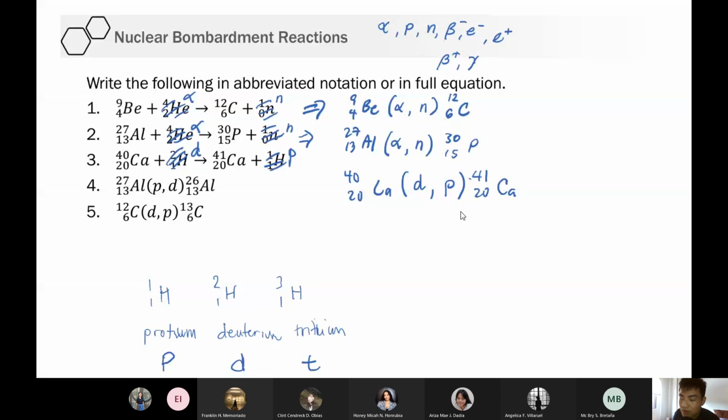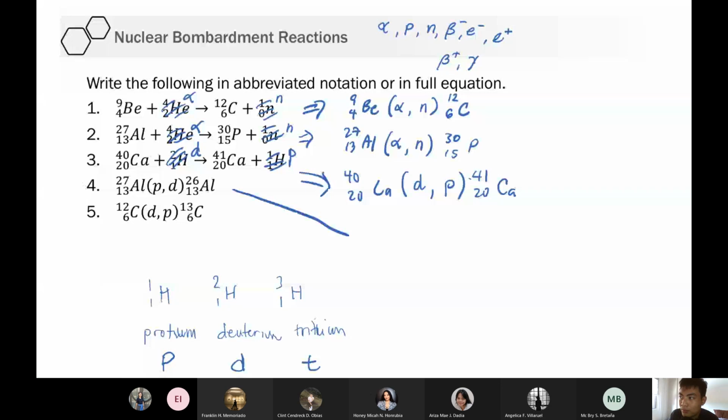Yung nasa loob ng parenthesis, yung elementary particles mo, such as alpha, proton, neutron, electron, beta minus or e minus, positron, e plus or beta plus, gamma, which is letter γ, and then you can also write deuterium and tritium as letter D and T. Okay? For example, another one, you have this one,